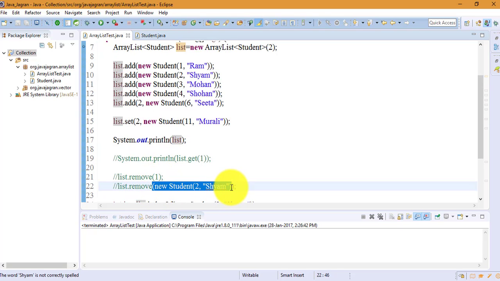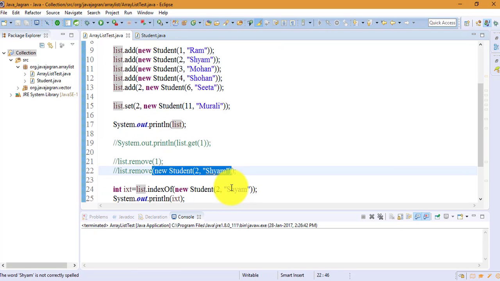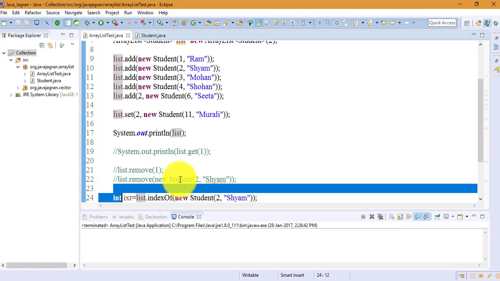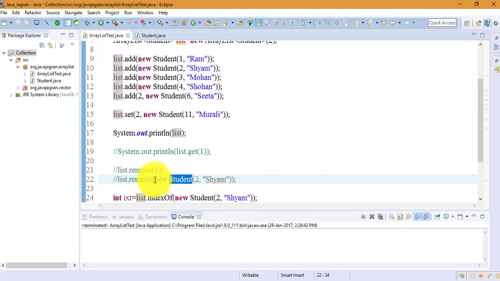operations. This is required because, suppose in the case of the remove method with an object, what will it internally do? Internally it will go into the array list, iterate each and every element of the existing array list, and compare with this object, whether both objects are equal or not. How will it compare? It will call the equals method. If you have not overridden the equals method, it will call it from the super class, the Object class. In the Object class, the comparison is based on the reference, not based on the data.